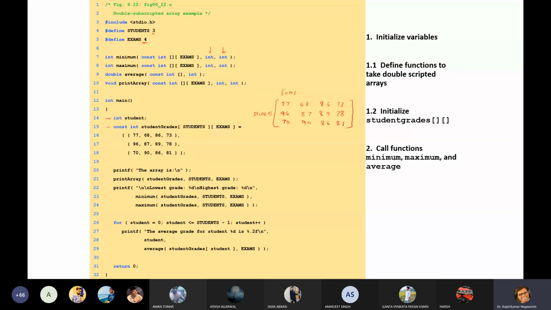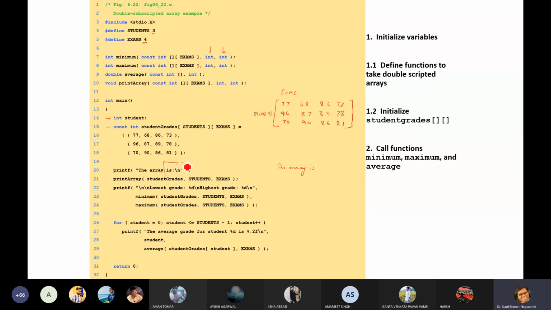And how many students are there? 3 students. So if we take the output, the array is printed, after that a new line will be coming, and then the print array function will be called. So in this print array function, what are the 3 parameters?